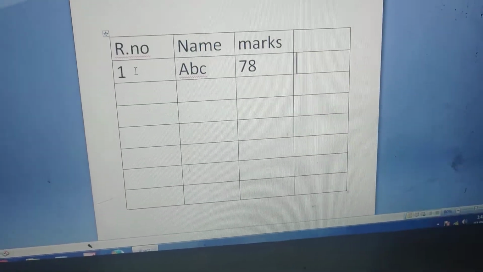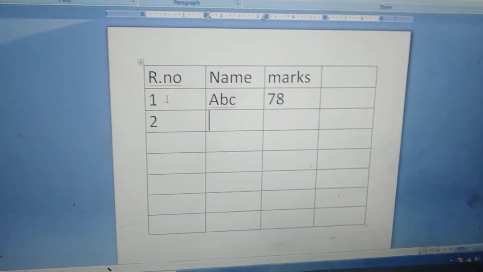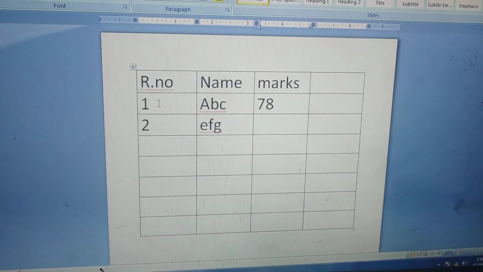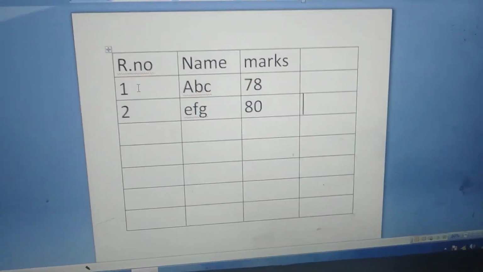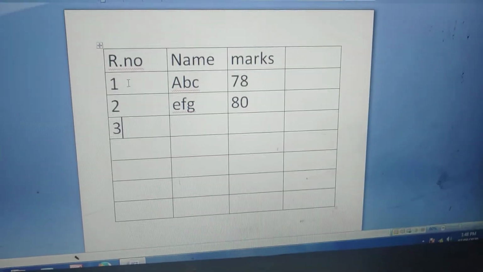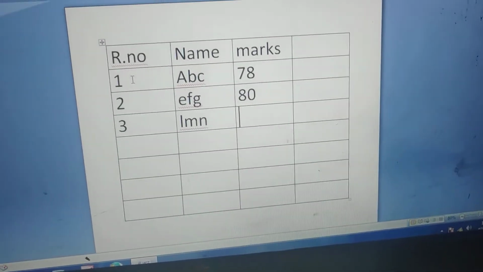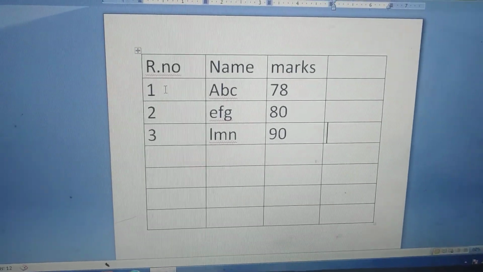Then again Tab or arrow key. Then roll number 2, E, F, G. How many marks? 80. Then Tab or arrow key. Roll number 3, L, M, N. Then how many marks? 90.